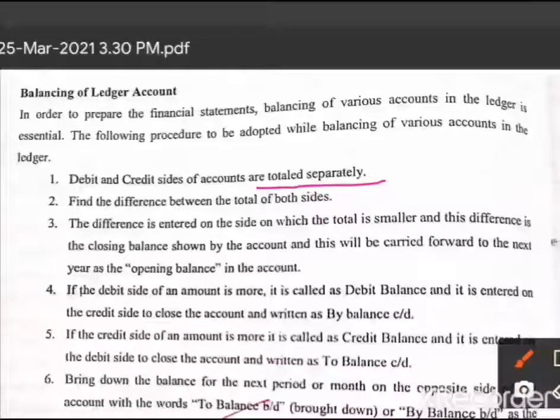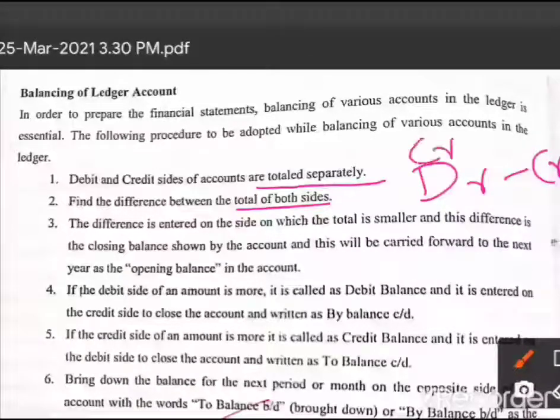Find the difference between the totals of both sides. Here it is debit minus credit, or credit minus debit, whichever is more. If the credit amount is more, then we have to subtract from credit, or if the debit amount is more, then we subtract from debit. The third point is that the difference is entered on the side on which the total is smaller, and this difference is the closing balance shown by the account, and this will be carried forward to the next year